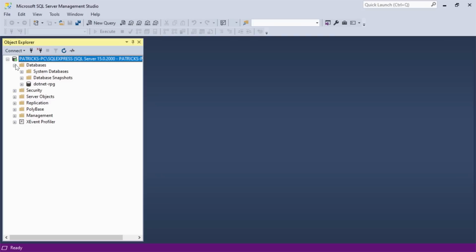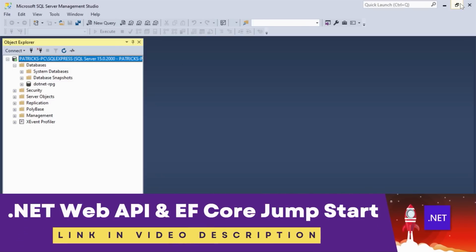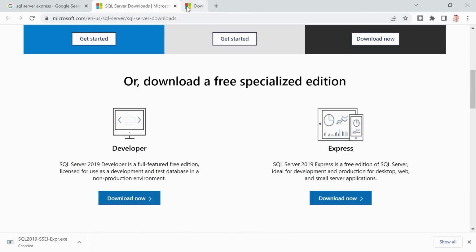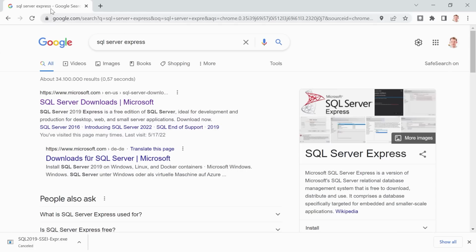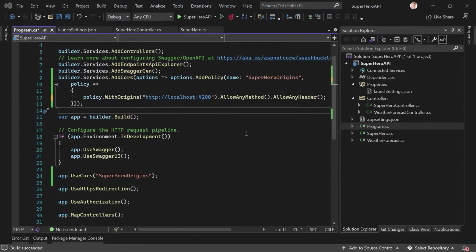There it is already. We've got our databases. Of course, the SuperHero database is not here yet. This one is a database of my other course, the .NET Jumpstart course. If you want to have a look, feel free to do this. Thank you very much. But now, when you've got your SQL Server installed, we can finally start with Entity Framework,